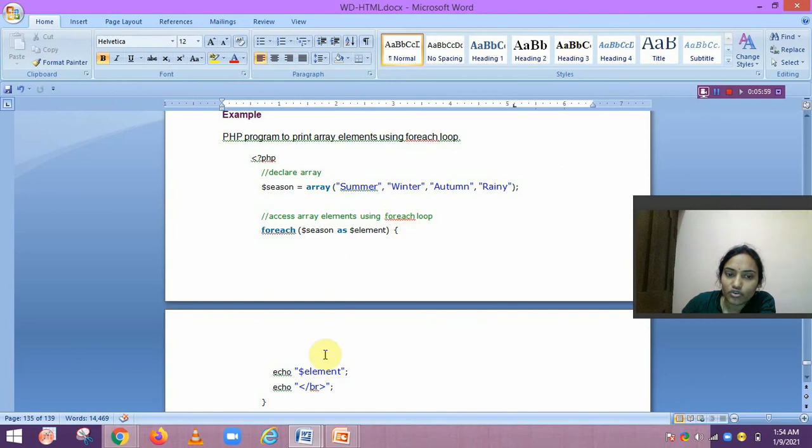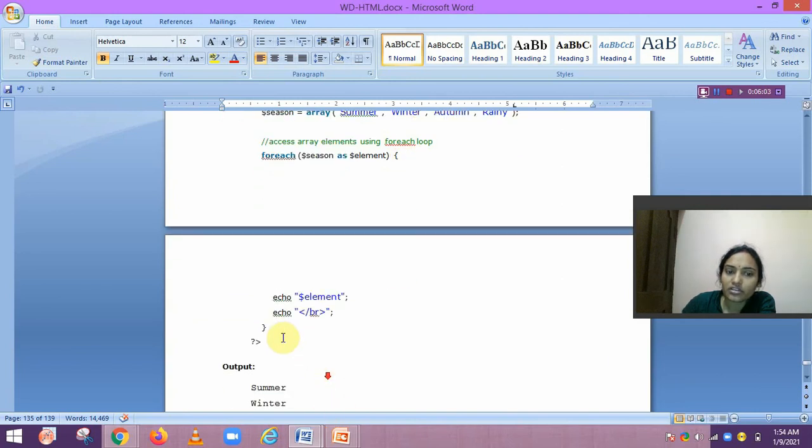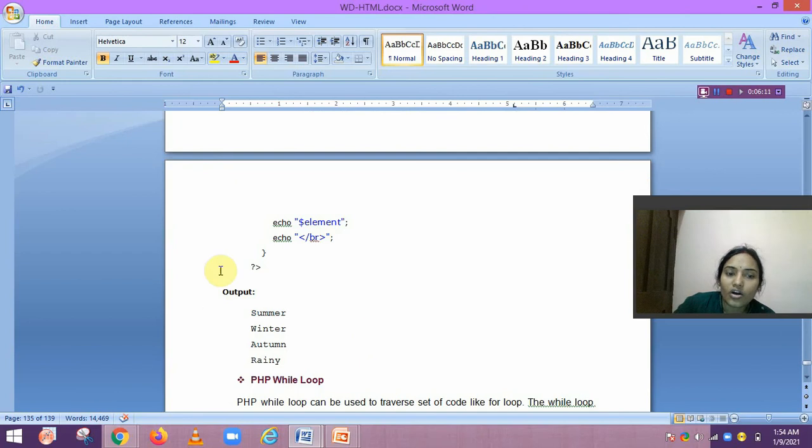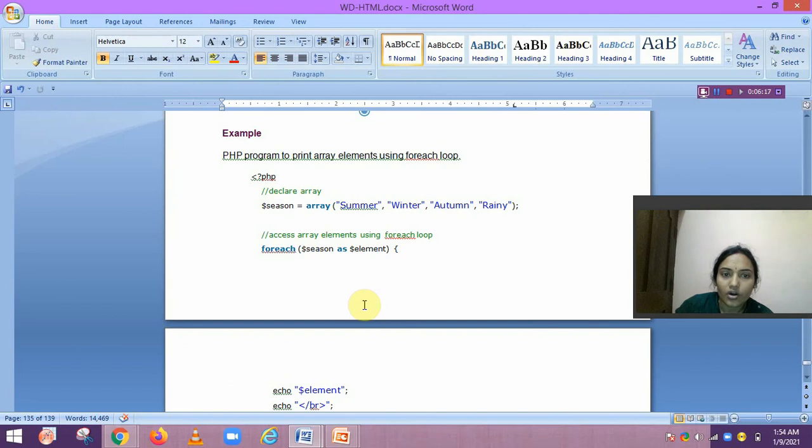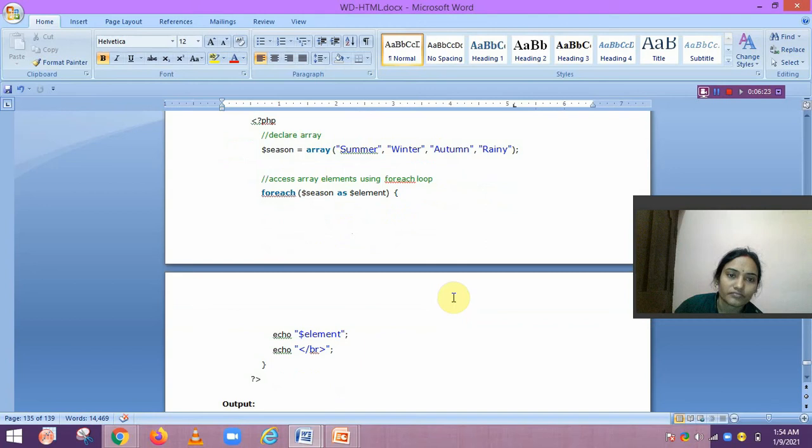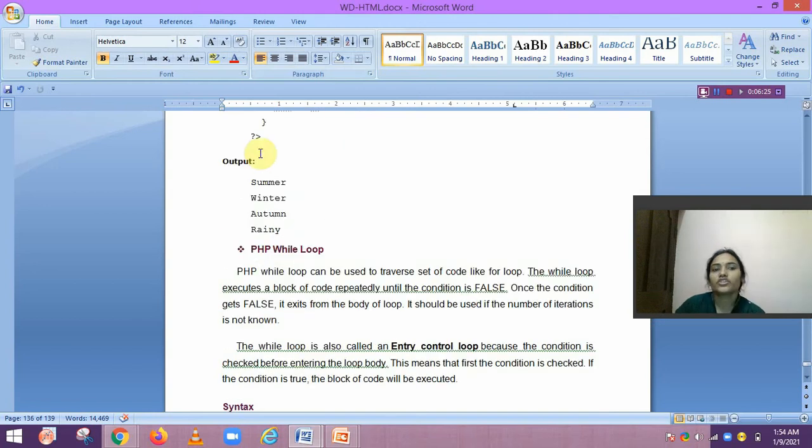Then curly brace is open, echo $element, then it will print in the next line. That means here it will print all the element values of the array. Okay, so this one is the PHP foreach loop.